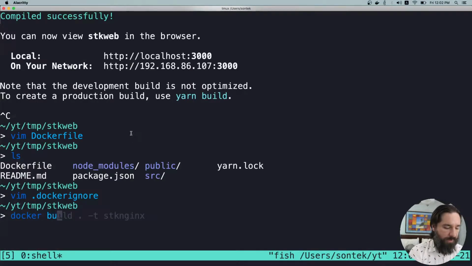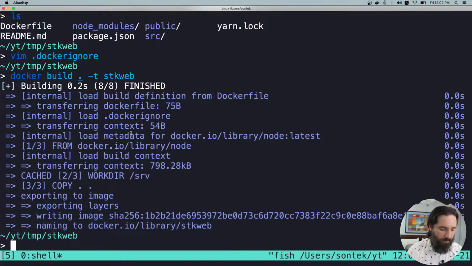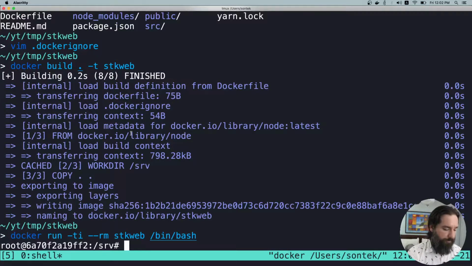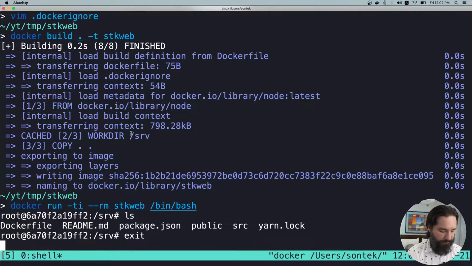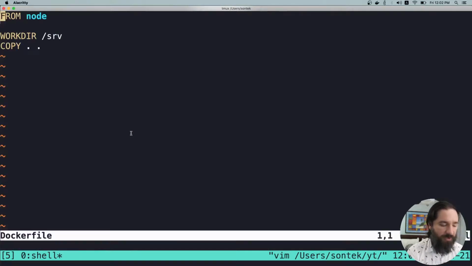So that when we say docker build, and then if we docker run, and we look, we've copied up the Docker file, the README, the package JSON, all the stuff that we would expect. So the next gotcha that you're going to have when you're working with Docker files and installing large packages